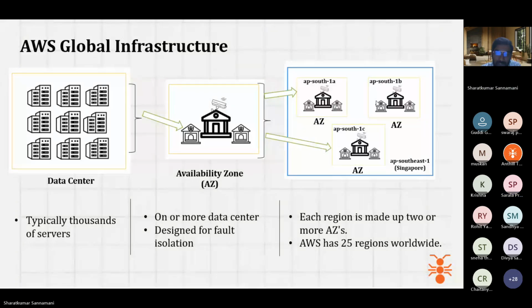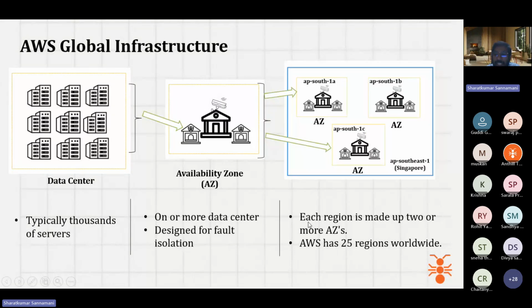So again, the combination of these availability zones. We just said Mumbai and Hyderabad, for example, 2 availability zones. Sorry, in Mumbai, there could be different buildings like this, a set of buildings all together sitting in Mumbai, in a different area. All this combination of availability zones, we call it a region. AWS region AP South 1A is one of the... sorry, availability zone. 1A is an availability zone, 1B is another availability zone, 1C is another availability zone. So the combination of 1, 2, 3 is called a region.